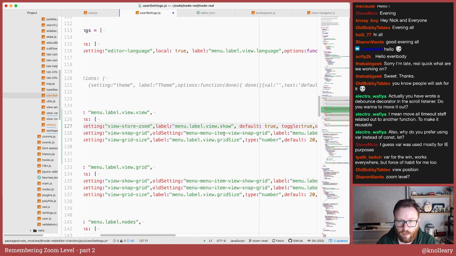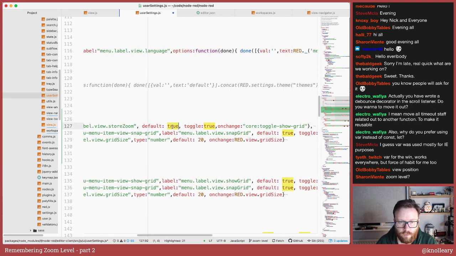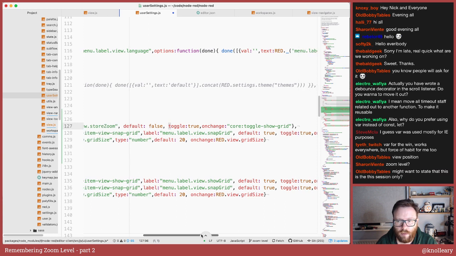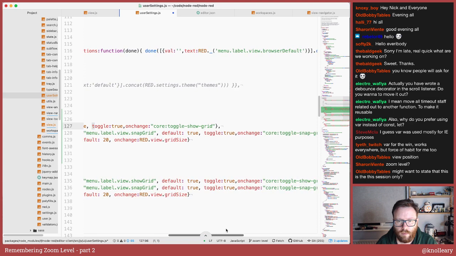Well, hurl anything you'd like. Anyway, store zoom. We are going to set the default to false. We're not going to change the behavior by default. It is a, do I want toggle?